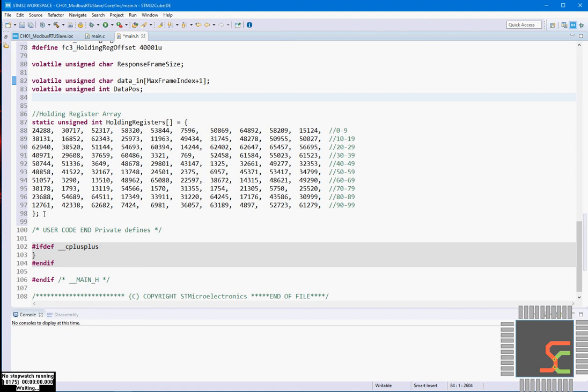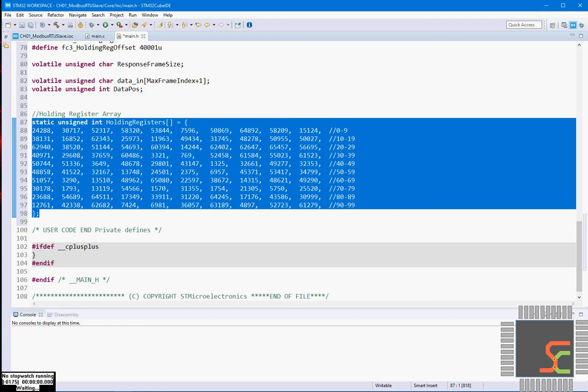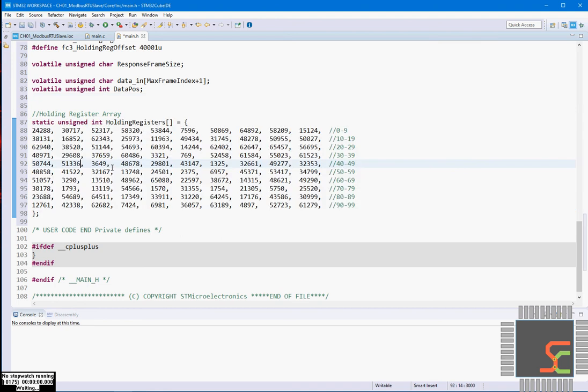A small temporary unsigned integer array I have created just for simulation, instead of simulating many things. We will assume that these values are sensor values, maybe from a pressure transmitter or something. These are all unsigned integers and not floating point, so we'll keep them as they are at present.